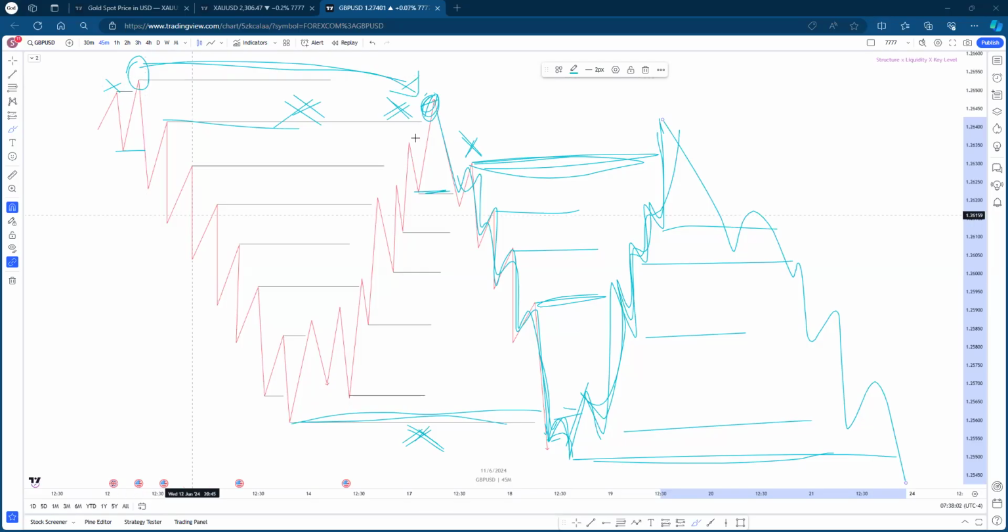And this always happens either at the top right or at the bottom left. At the top left or bottom left, right? So that is why you always hear people say, look to the left. When you look to the left, you see where the range cycle started from. You see where we had the sweep of liquidity, the break of structure. Just know that the next liquidity point that is there,